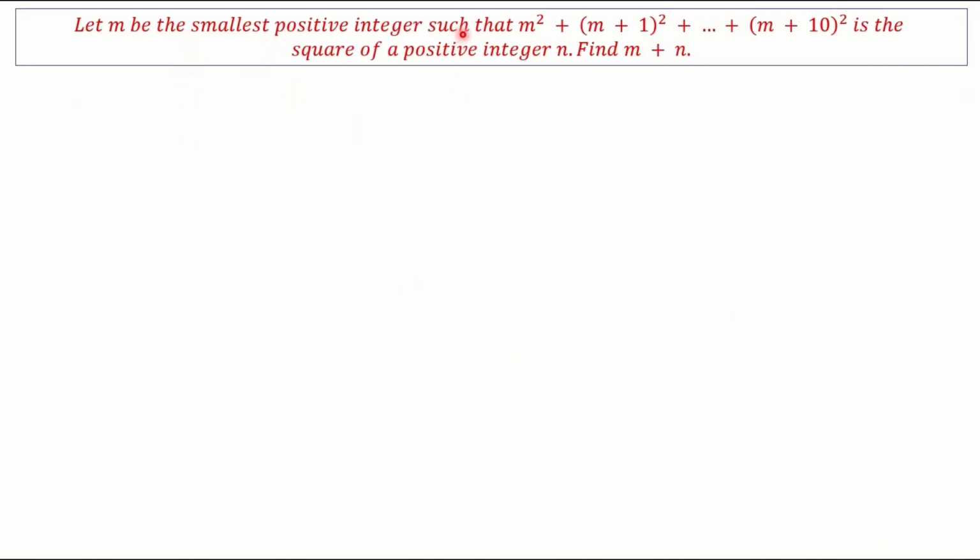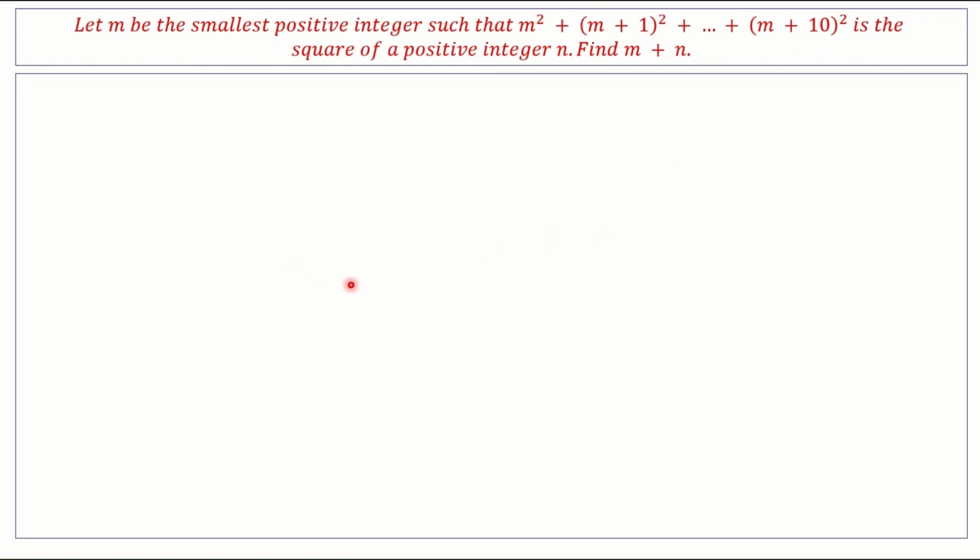Let m be the smallest positive integer such that (m² + m + 1)² + ... + (m + 10)² is the square of a positive integer n. Find m + n. Okay, yeah, this looks